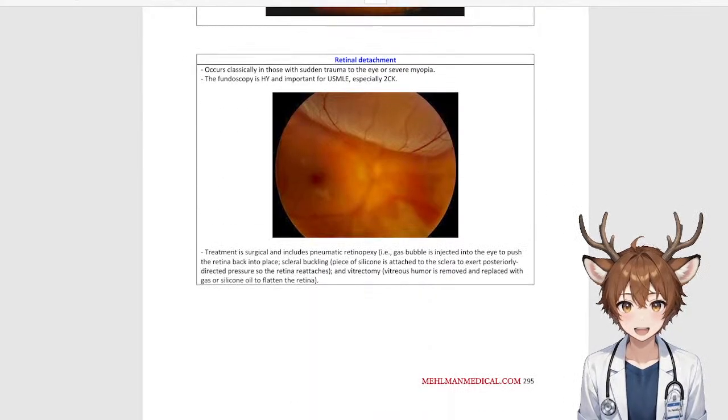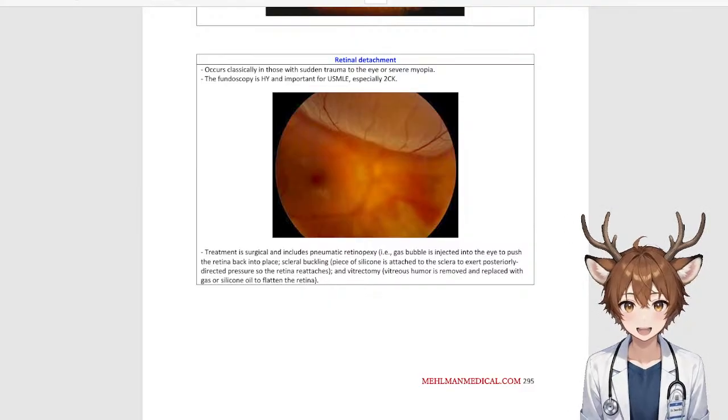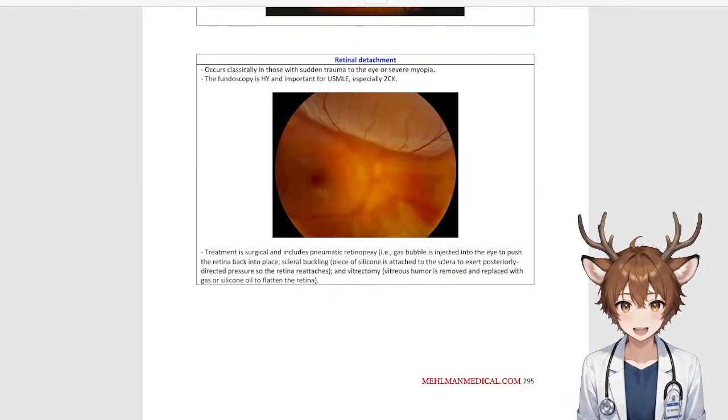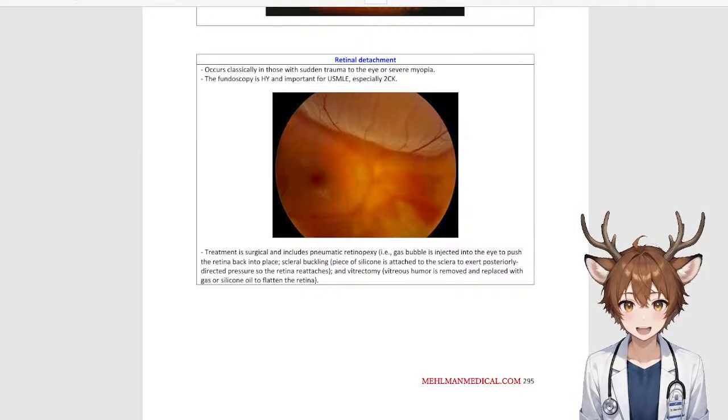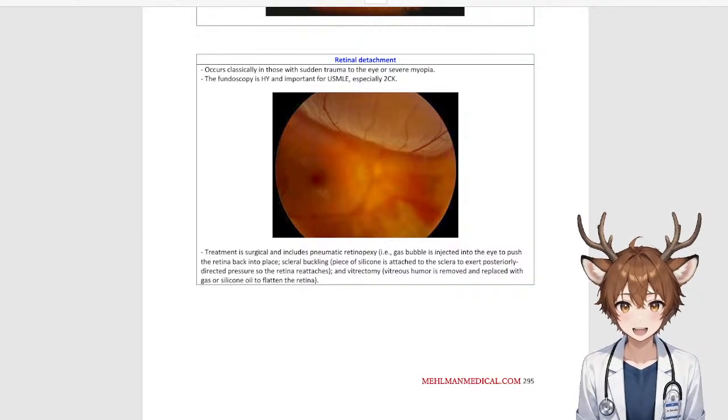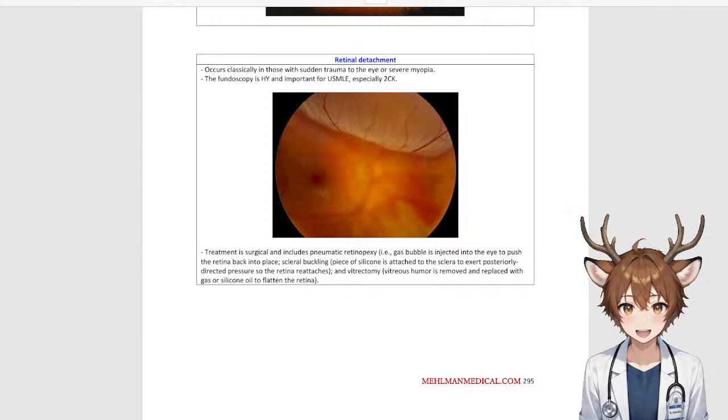What about retinal detachment? Occurs classically in those with sudden trauma to the eye or severe myopia. The fundoscopy is high yield and important for USMLE, especially 2CK. Treatment is surgical and includes pneumatic retinopexy, that is to say, a gas bubble is injected into the eye to push